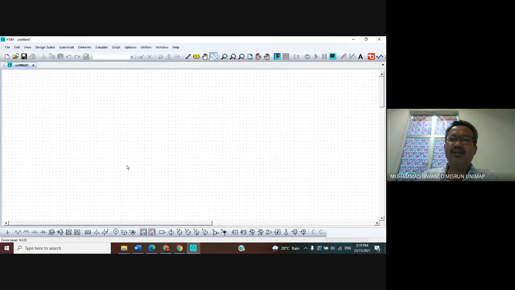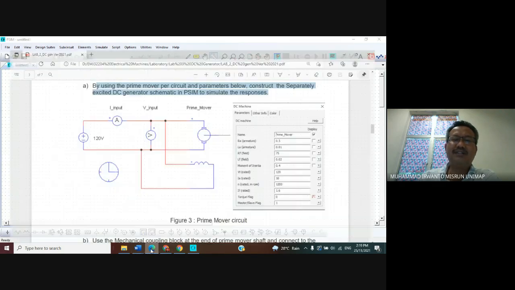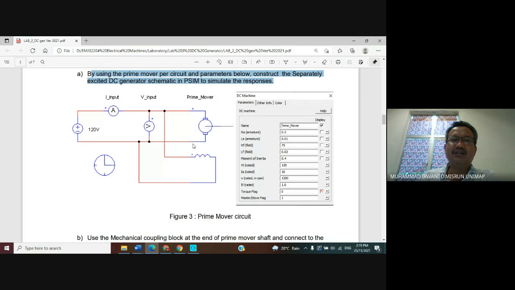Now we have the work area, called the PSIM area, as a working area. Now we want to compose the prime mover following this circuit. First we need the DC machine. Second, the DC power supply, a DC voltage source, and we need the voltmeter. We need the current meter.